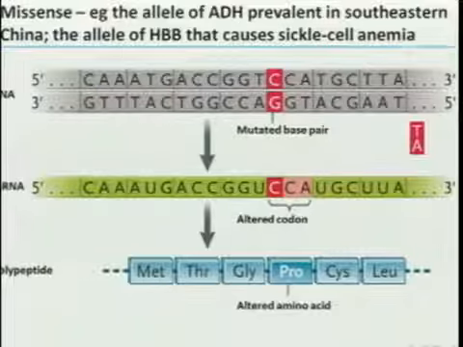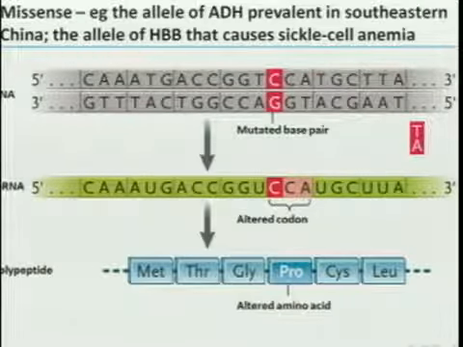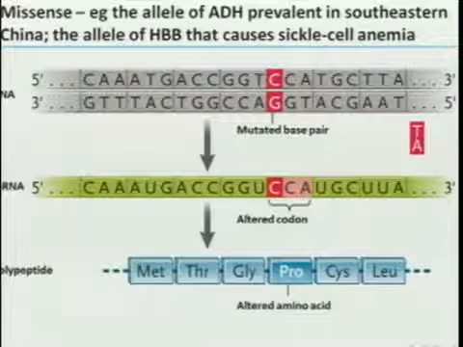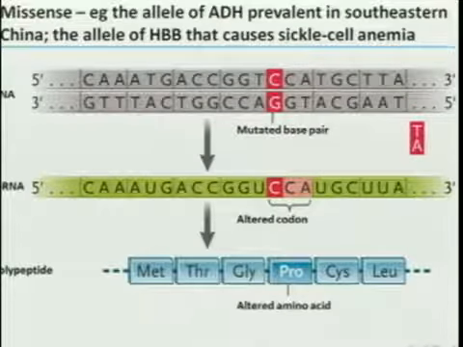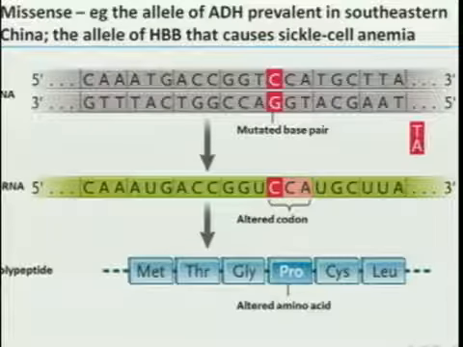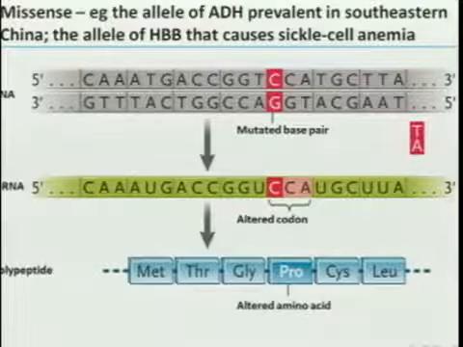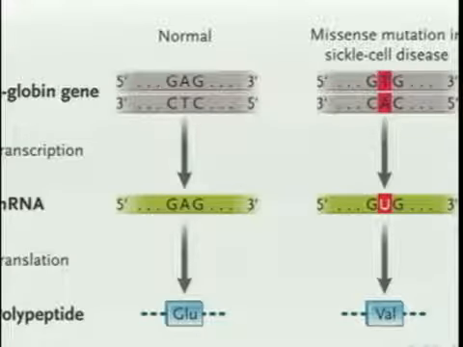Missense mutations can cause new things to start happening. So the southeastern Chinese allele of alcohol dehydrogenase is faster than the northern European one. It can also cause disease. The sickle cell anemia allele of beta-globin causes sickle cell anemia in homozygous form. And in fact, there's a very nice picture in your book which distills the statement I just made to precise molecular detail. Wild-type beta-globin, the allele that doesn't cause sickle, GAG, as per the genetic code rules, encodes a glutamic acid. The allele that causes sickle is a single base substitution and causes very severe disease.